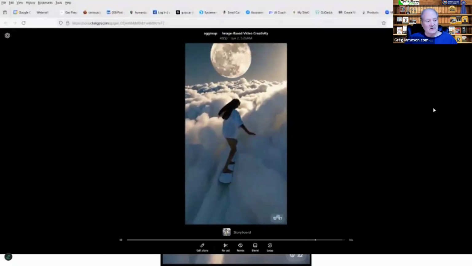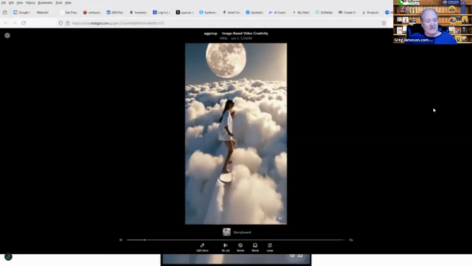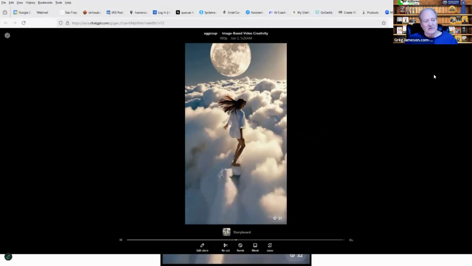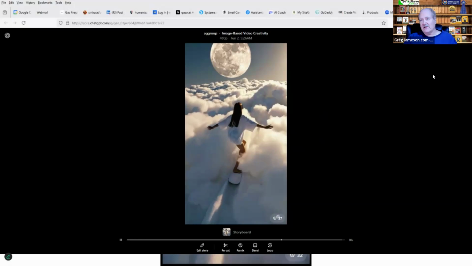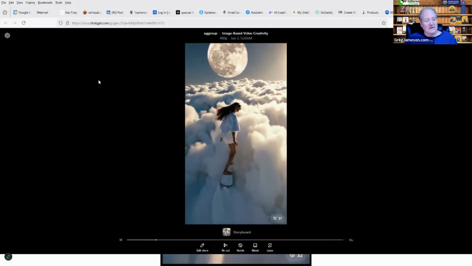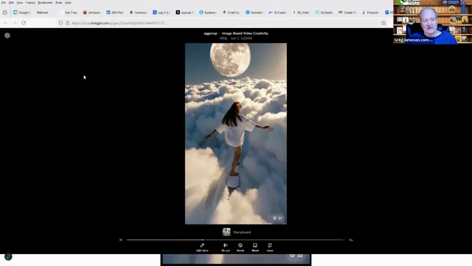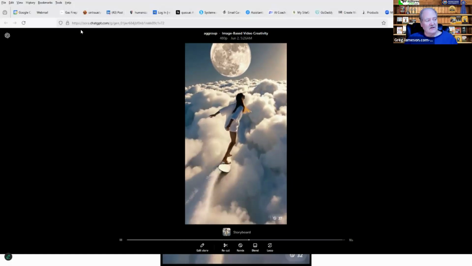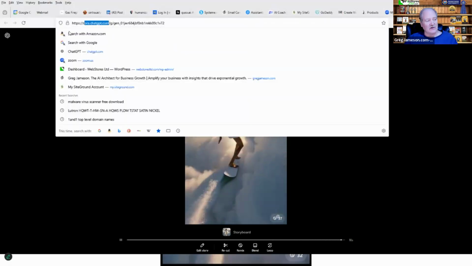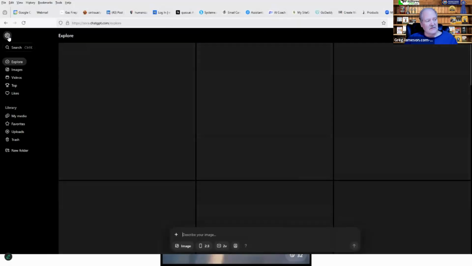You can see it looks pretty cool. If you want to use Sora, basically all you need is the $20 a month subscription to ChatGPT. And you can see that the address up here is just sora.chatgpt.com.